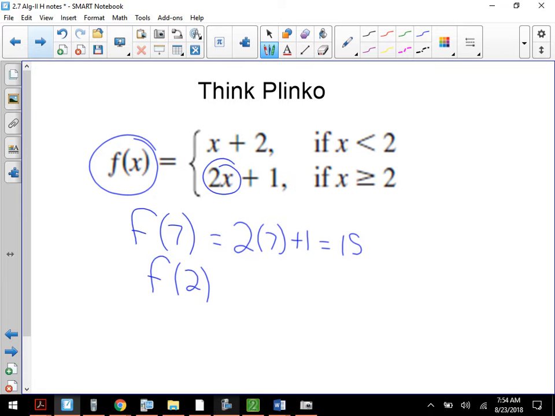Top or bottom? Bottom, because it's equal. Right? So I know that f of 2,